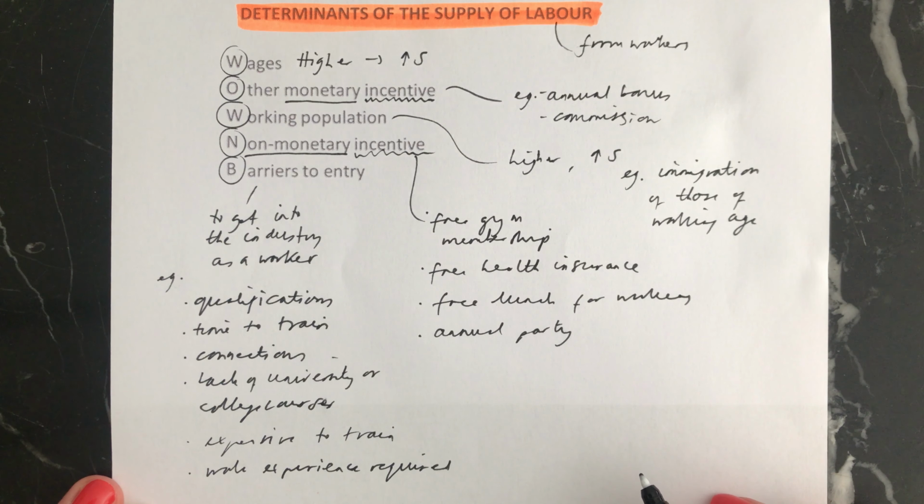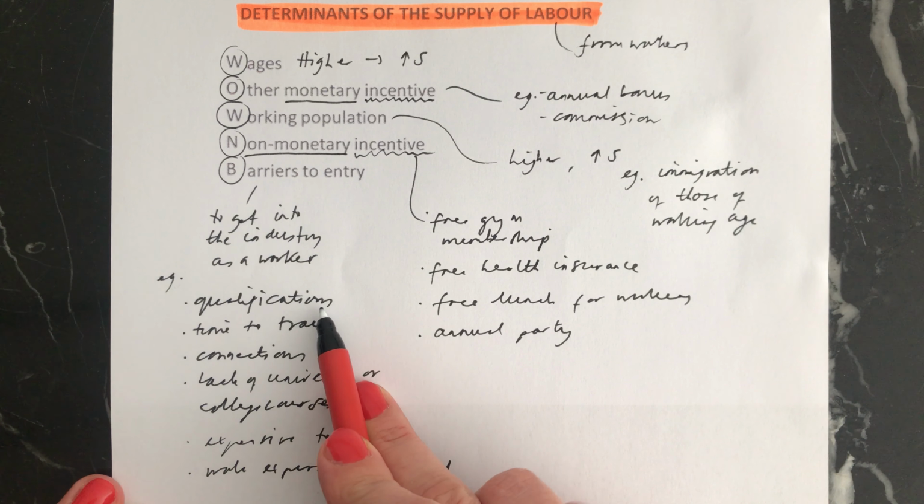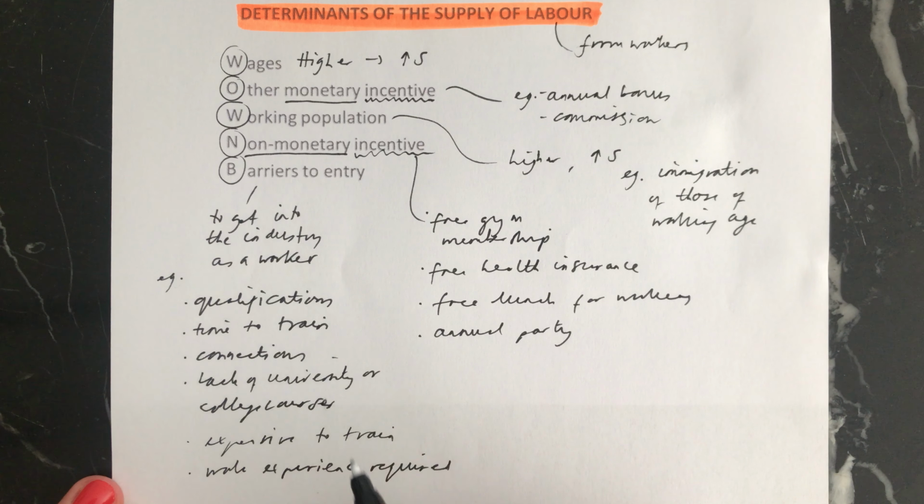If you take an example of a surgeon, they will have to have a lot of qualifications which are difficult to get. They take time to get them, and there may be a limited number of courses to train to do medicine. It's expensive to pay the fees to do those courses and to live while you're doing the courses. And you also possibly need to have work experience and things on your CV in order to get onto the course in the first place. This means that there's a limited supply